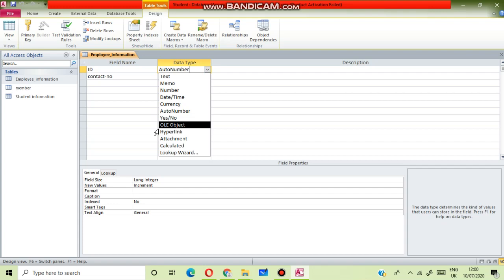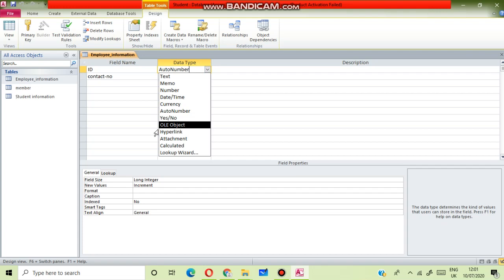Next, hyperlink. It can link to websites, email addresses, files on your computer, files on a LAN or virtually any other location. Means it will show the links.